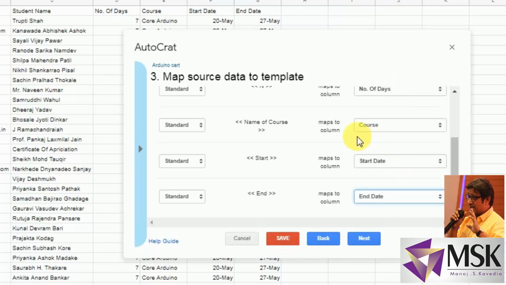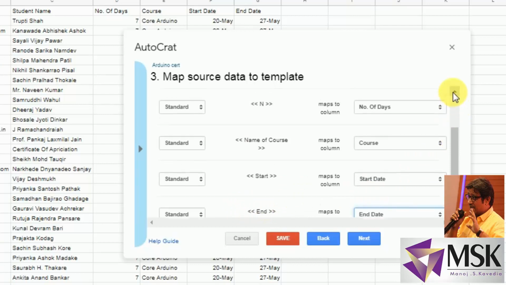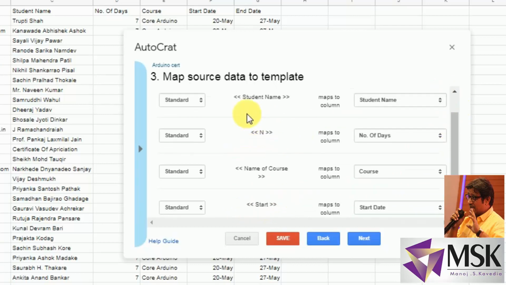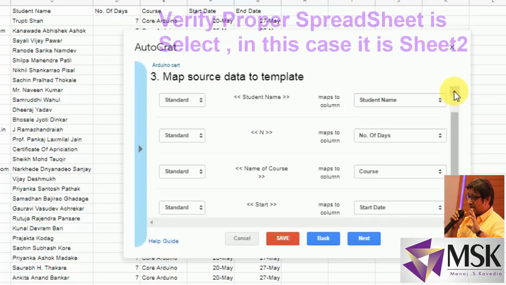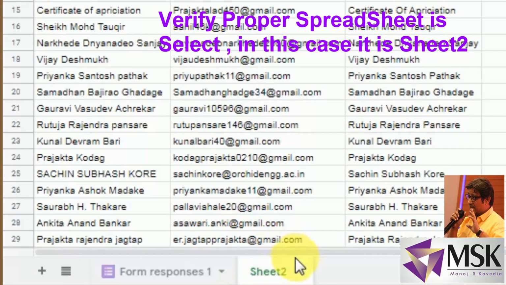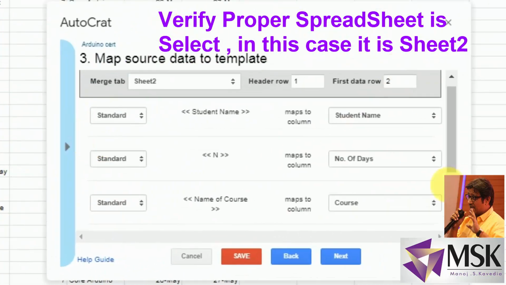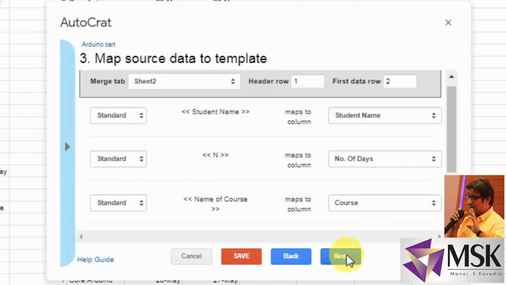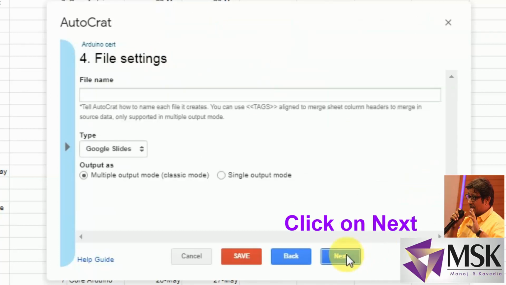So at this point what I did, I have mapped all the fields from the certificate with the response sheet from which I have to do the mail merging, or rather it says it's a merging of the job, not the mail merging. So it is merging of the job. So what I did, I have selected sheet number 2 in which all the fields were there. All those fields in the sheet number 2 are mapped with all the fields of the certificate.